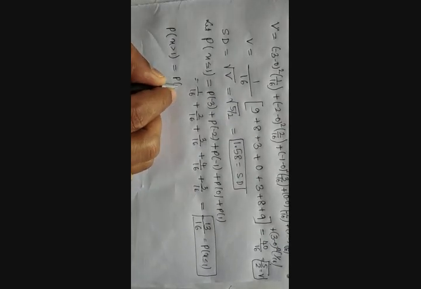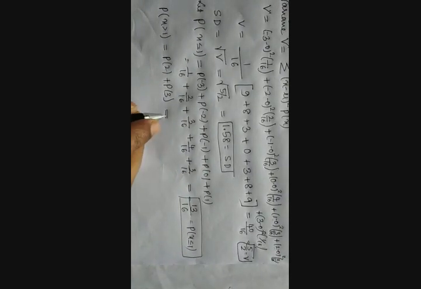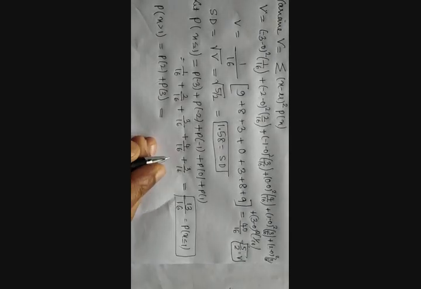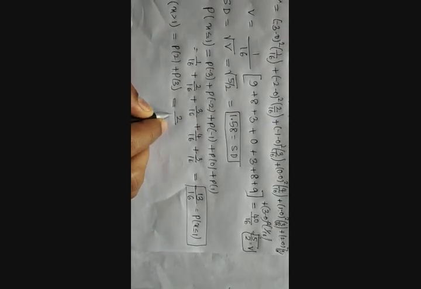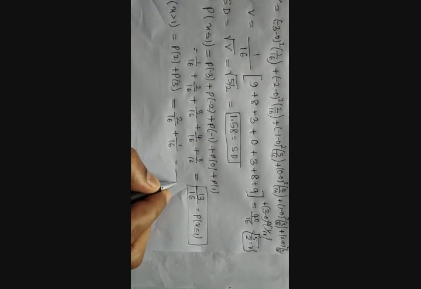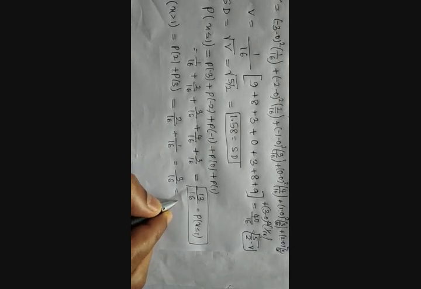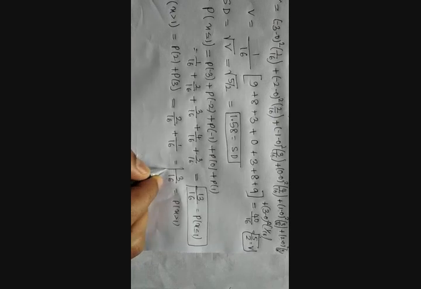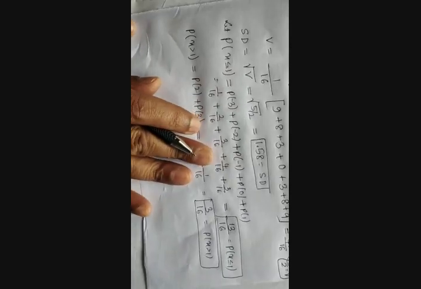So it is probability of 2 plus probability of 3. So what is probability of 2? You can take it from the table. Probability of 2 is 2 by 16 and probability of 3 is 1 by 16. Therefore it is 2 divided by 16 plus 1 divided by 16. So this is equal to, with LCM 16, 3. So probability of x greater than 1 is 3 by 16. Then next one.